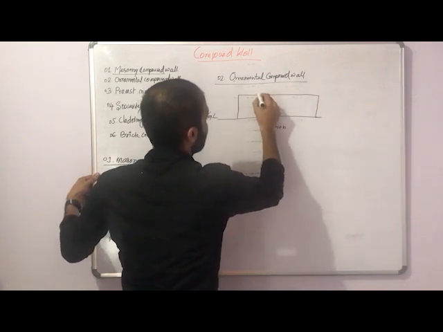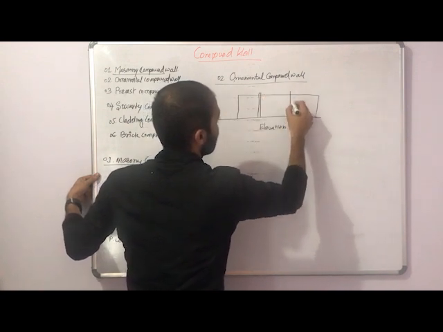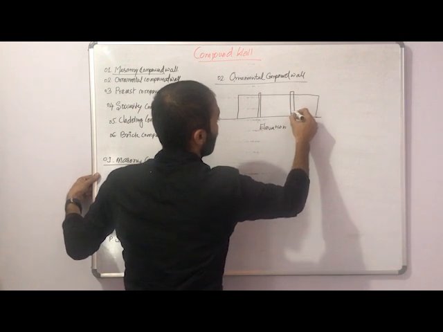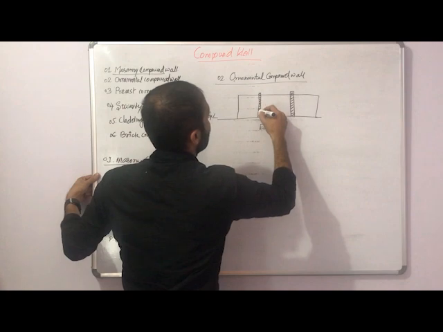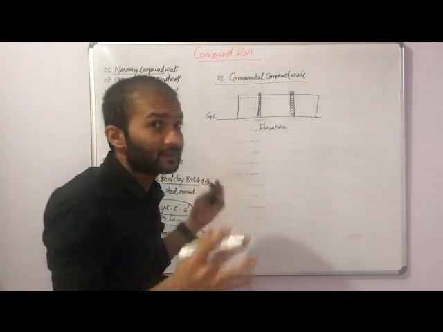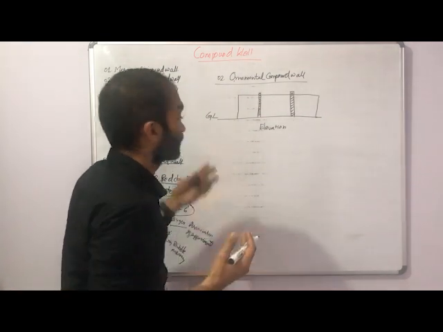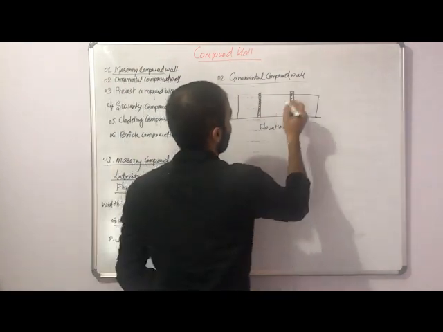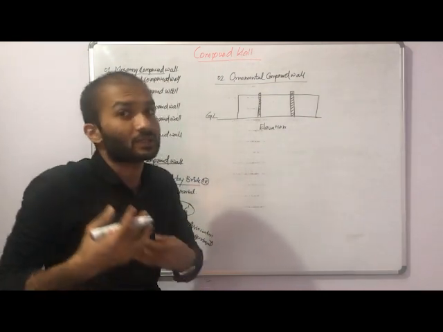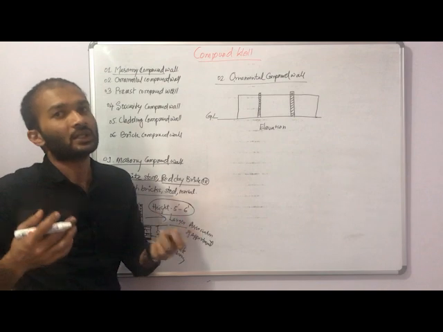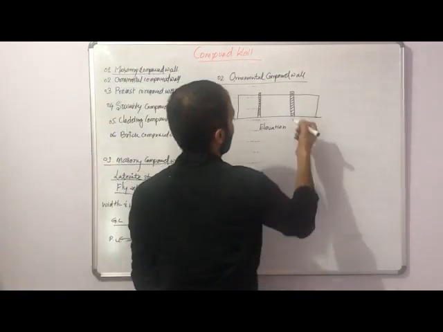You will find in the center some posts, or I can say pillars, just to support the compound wall. Correct. So in the ornamental, the entire compound wall will not be made by means of masonry. In the center, as per the elevation concept, which architects use in a perfect drawing,